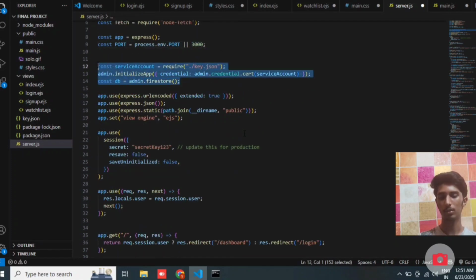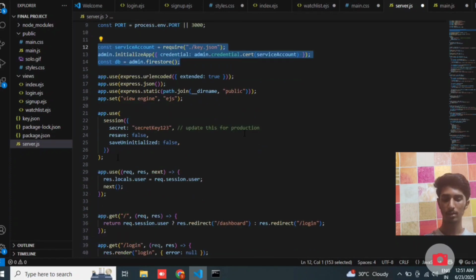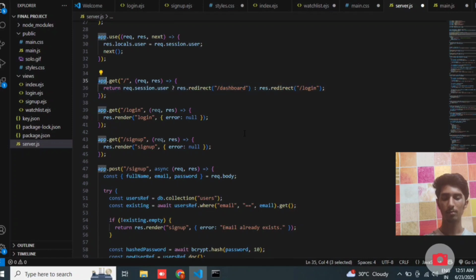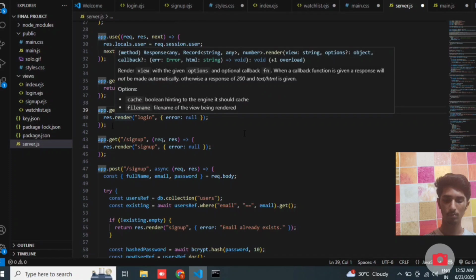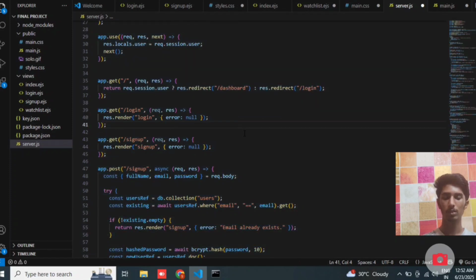This is the basic code we have to write for the usage of our Firestore database, and this is the middleware for the initialization of our JS file, and I have the basic code here. Immediately after clicking on login, it redirects to the dashboard which we have created for our application. This is the login route, which automatically redirects to the login page after clicking on login,